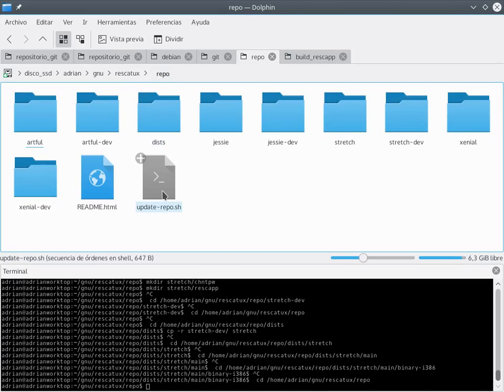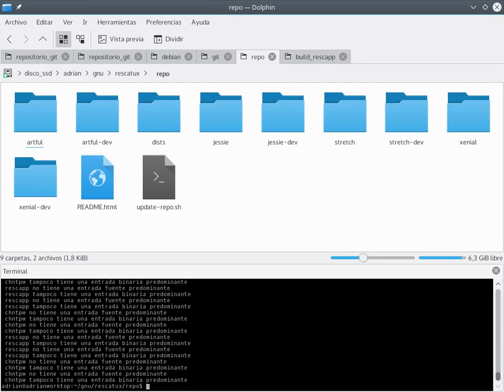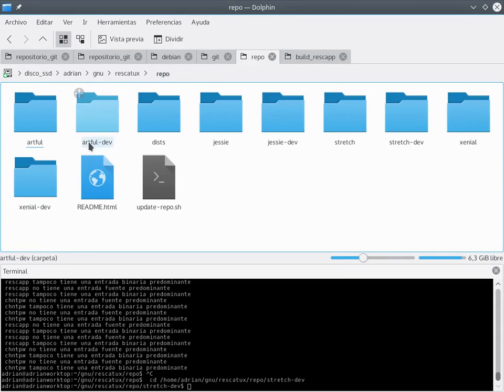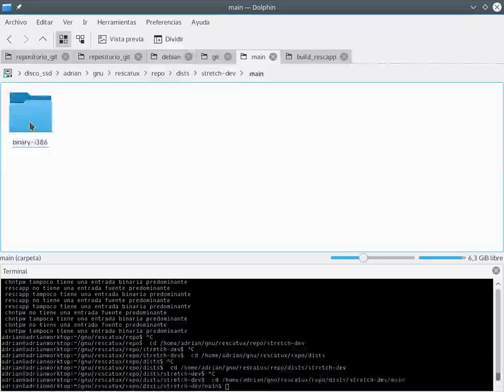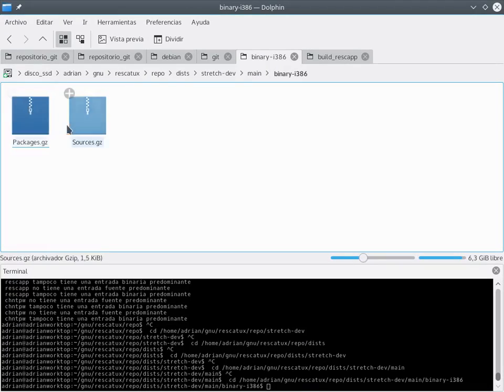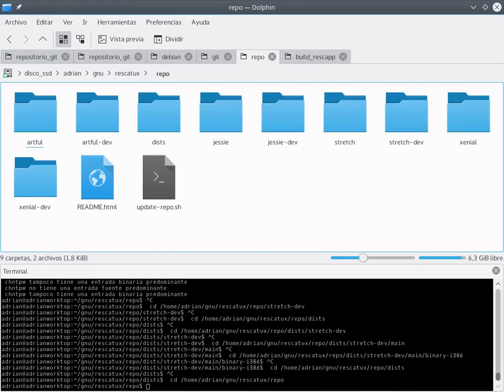Now that the update repo is updated, I can run it, and this is going to generate, if you go into this stretch def main binary, packages and sources so that packages are found. And now I'm going to push this into the repo,